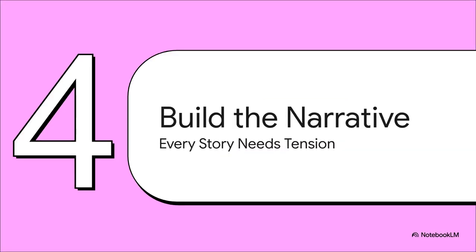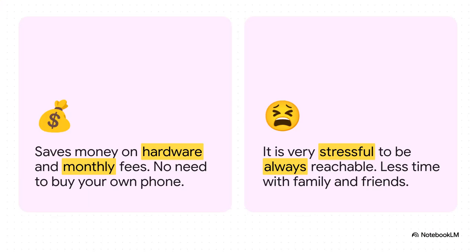You know, great stories aren't just a list of facts. They are built on tension. And the easiest way to create tension is to highlight a conflict. For these workplace topics, the conflict is almost always baked right in. You've got the promise of a benefit versus its potential downside. And this slide illustrates that core conflict perfectly, pulled straight from those documents. On one side, you've got the perk. A free phone saves you money. Awesome. On the other side, the price. That nagging feeling that you're never truly off the clock. That tension between your desk and your dinner table, that's what makes the story so compelling.